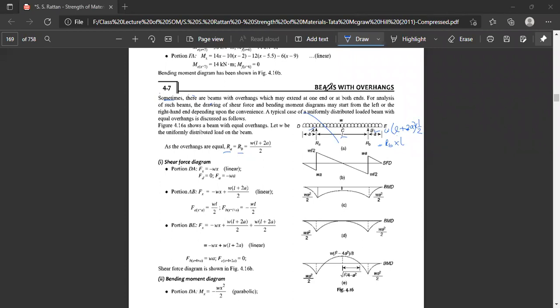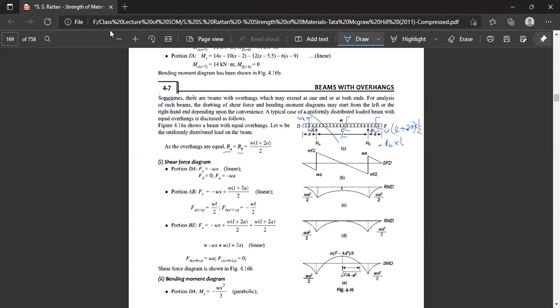Now let us go through the shear force diagram. We know the process of finding the shear force. We have to consider a section somewhere here and somewhere here and somewhere here. We will consider the left portion of the beam from this particular section. So, in the length DA, the shear force acting is minus W into x, at a distance x from the end,